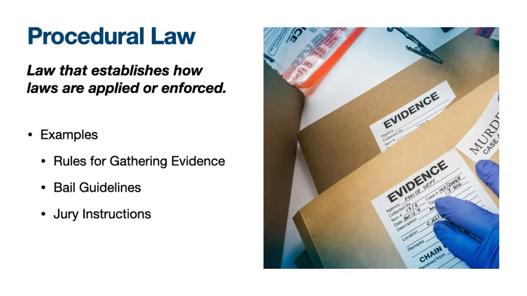The second type of law is procedural law. These are laws that establish how laws are applied or enforced. I've got some examples for you there as well. If you remember when we were talking about some of the protections from the Bill of Rights, about protections for people accused of crimes, some of these laws are going to flow from that. So laws about witness testimony, how trials are set up, how evidence can be collected and then introduced, all fit under the idea of procedural law. So it's the idea of how things are supposed to happen in the legal system.